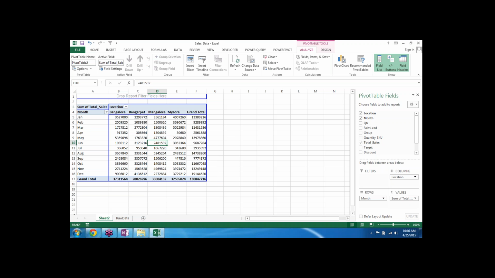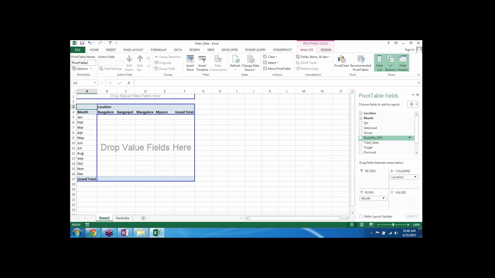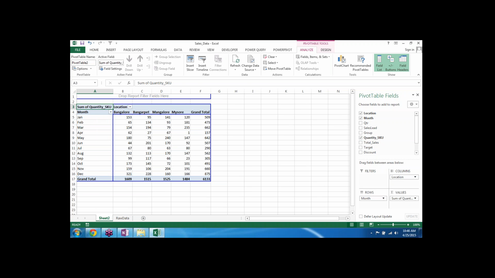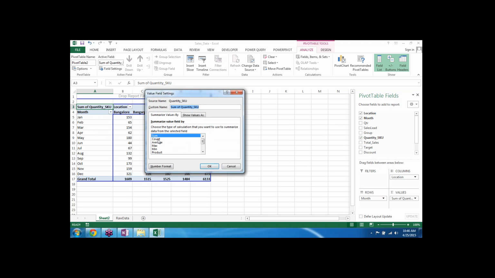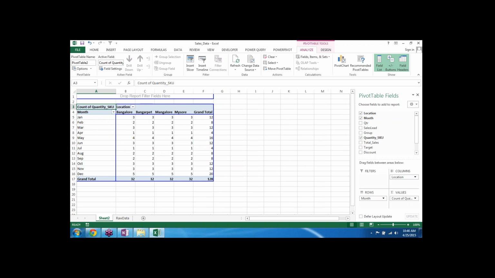Okay, now how about this particular part? We have seen that we can put data in months, in row and in column, and this is the place where you put the sales. Somebody says, okay, I don't want the sales. I want to see the quantity, how many numbers they have actually sold, or how many numbers they have actually dealt with. Then I will say okay fine, I have quantity over here. At times you might get count here instead of sum. So it's something like this.